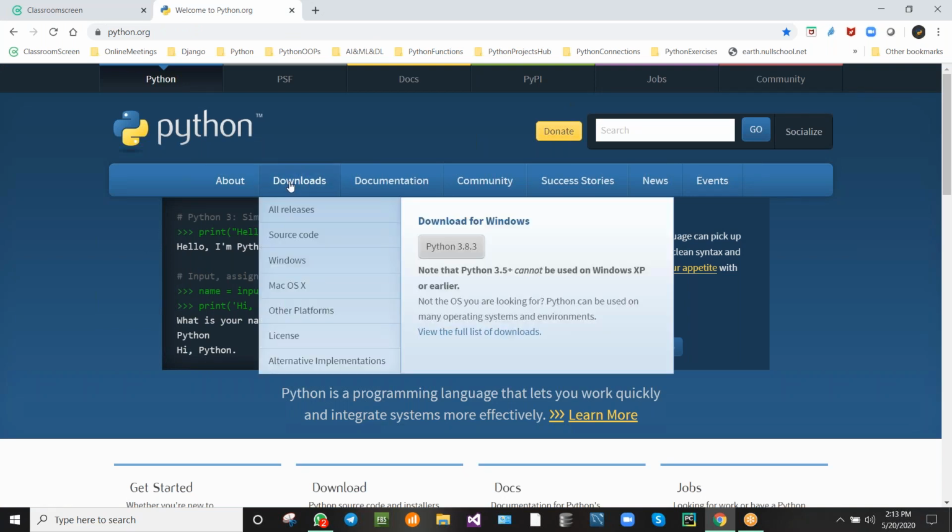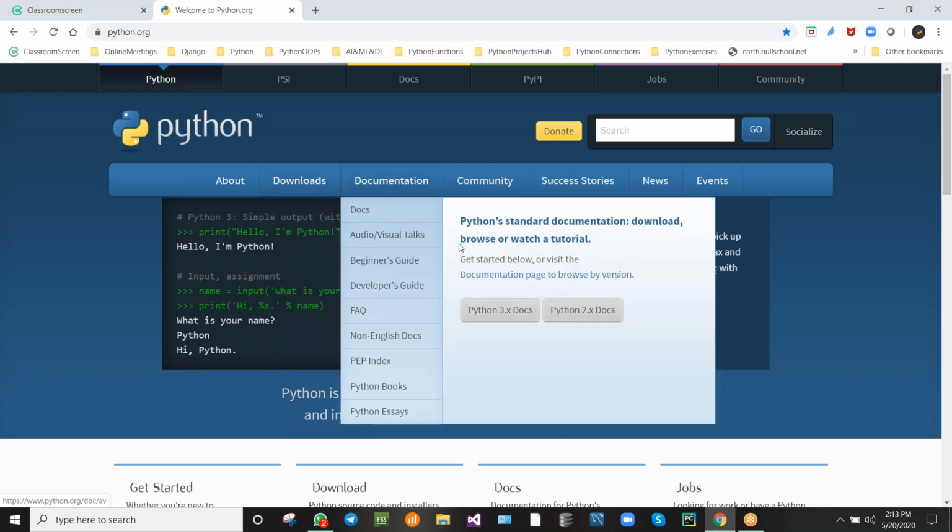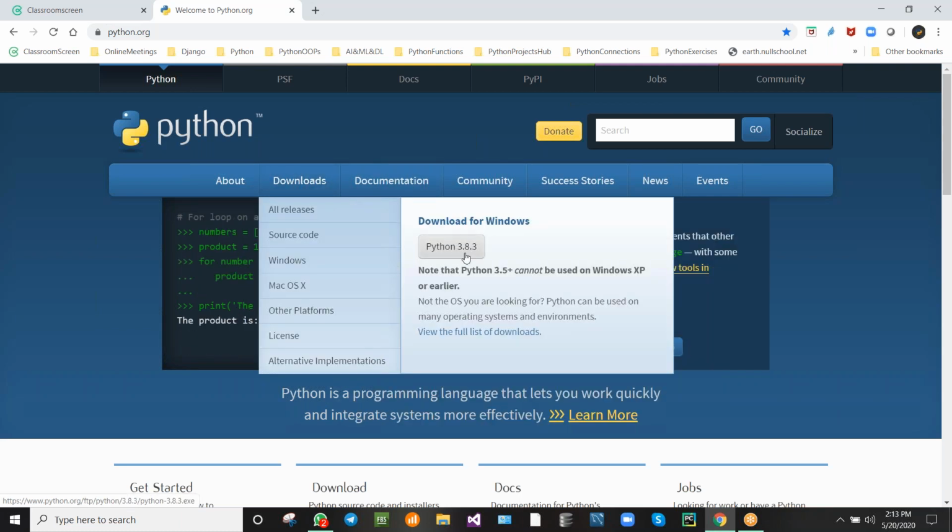If you hover on the downloads, you can see the latest software. Python 3.8.3 is the latest version.